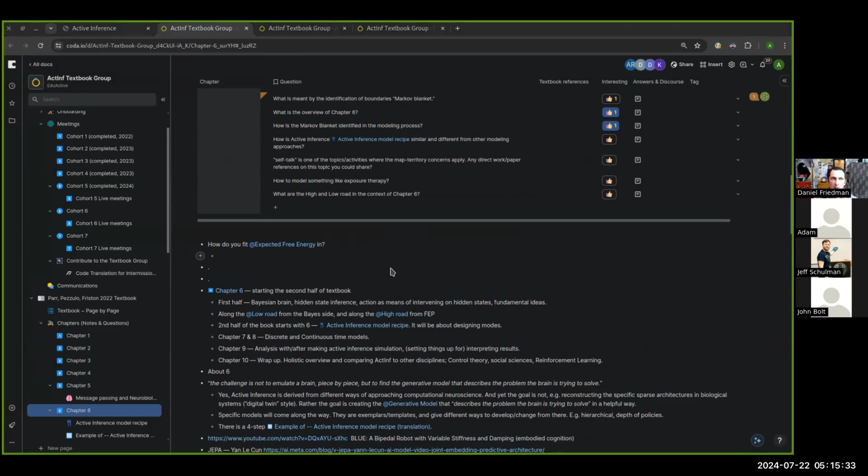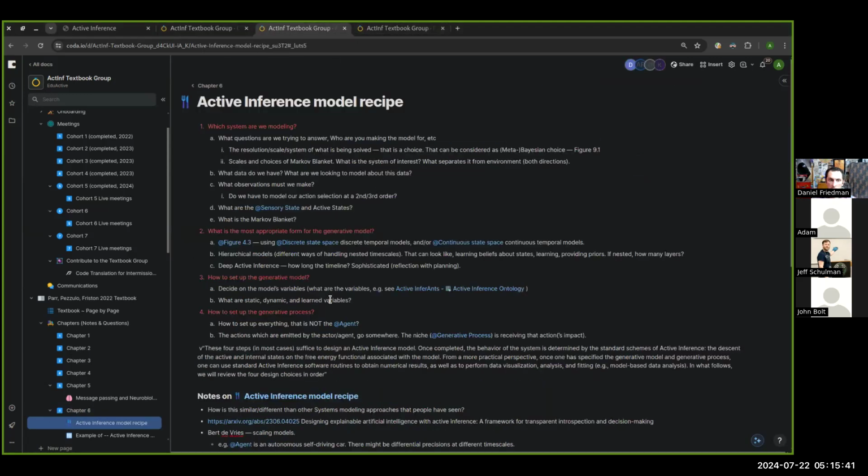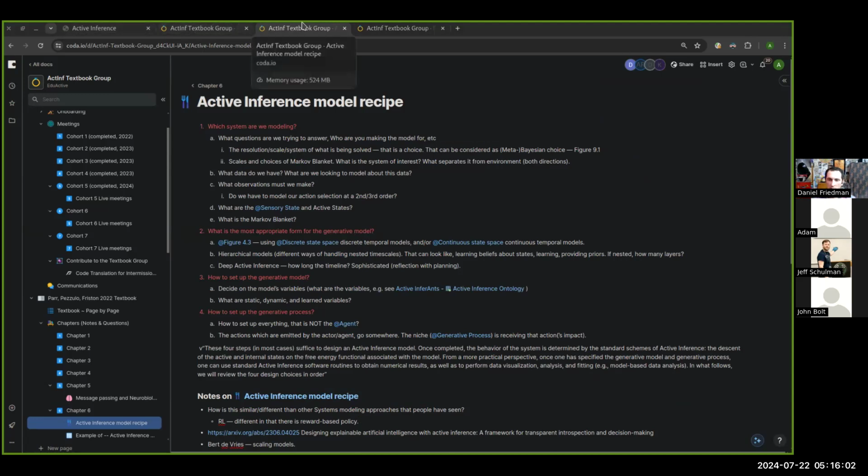But yeah, and I guess answering the question you posed, I think looking at RL, we don't have reward based policies, but we just focus on minimization of free energy, expected free energy. But yeah, it's a little unclear to me how those two interplay, what their interplay is in implementation.